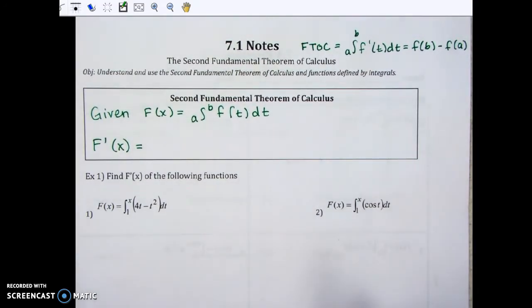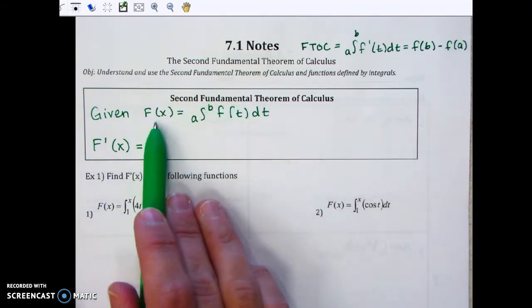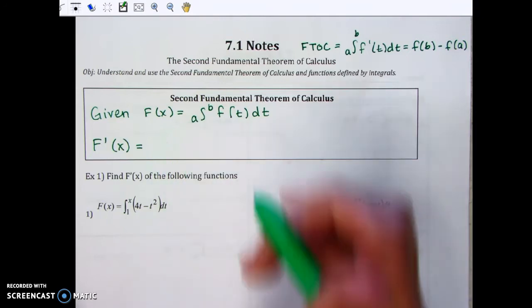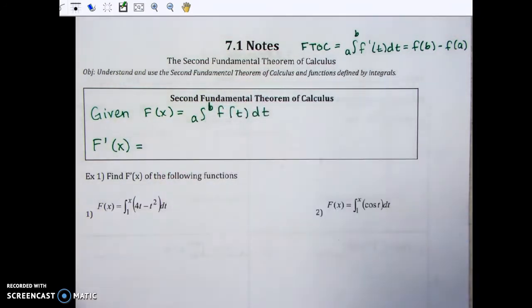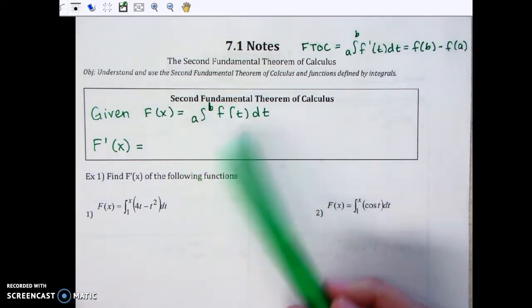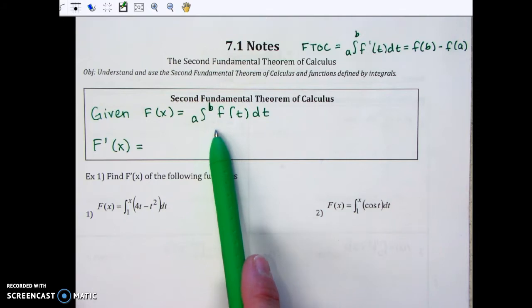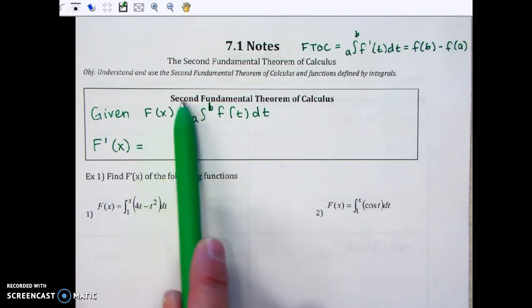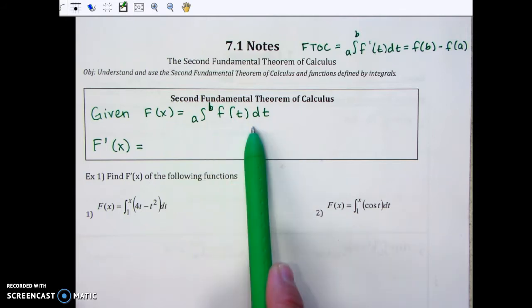It's very easy. The second fundamental theorem of calculus says, given, okay, this is going to be funny, you guys. You ready? There's lots of F's going on, and a lot of times kids go through the whole class without understanding all of these F's and capital F's and F prime. Do you see how this f of x is equal to this integral? So this is new. This is called